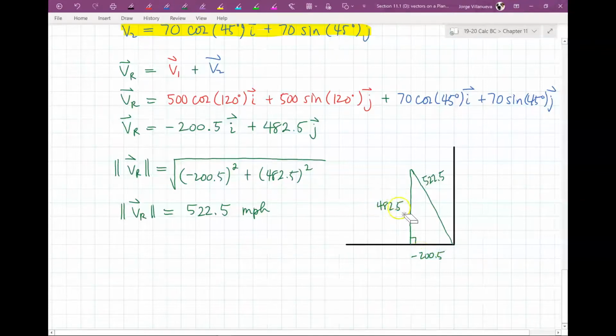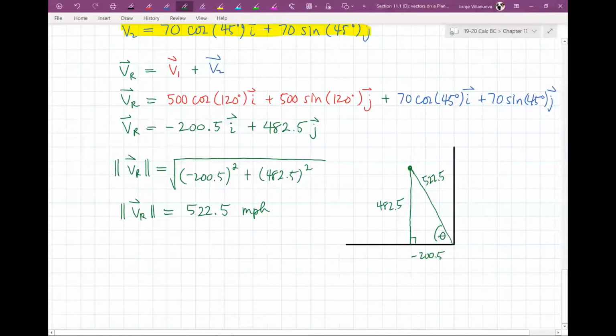Now, remember, negative 200.5 is not an actual distance. It's 200.5, okay? But I'm just putting it because of the fact that that's what this little point right here would be, right? A negative 200.5 comma 482.5. So, if I want to figure out this angle,